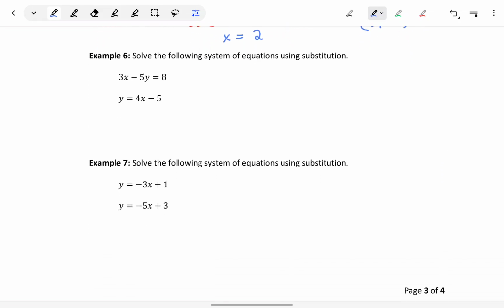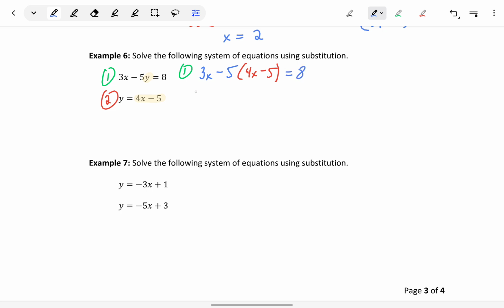In example 6, we're going to do pretty much exactly the same thing, but we're going to substitute equation 2 into equation 1, because in this case it's the second equation that's already solved for y. So it's much easier to take this expression that's already set equal to y and drop that into the first equation in this case. So this time we'll be looking at equation 1, and we'll rewrite this as 3x minus 5 times that expression we have in equation 2 times 4x minus 5